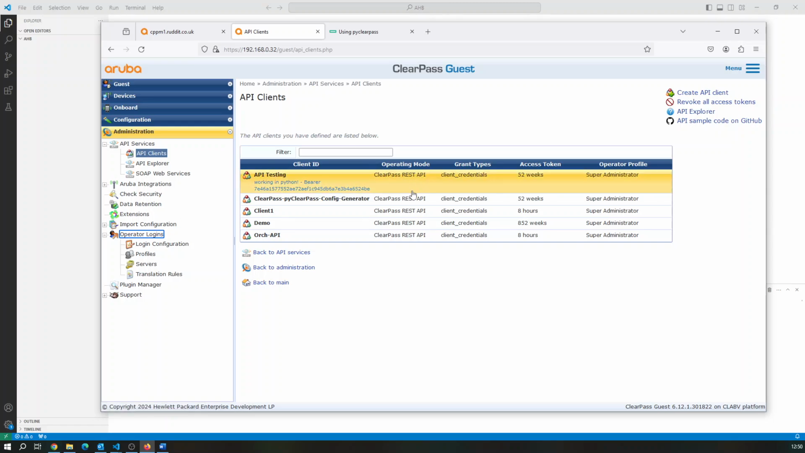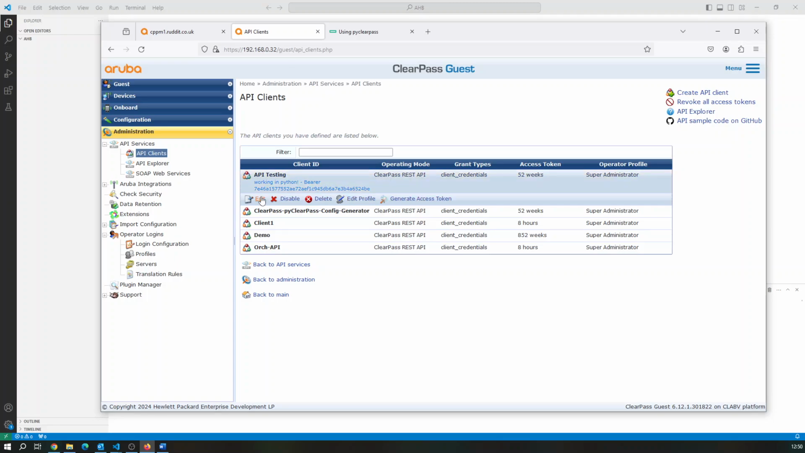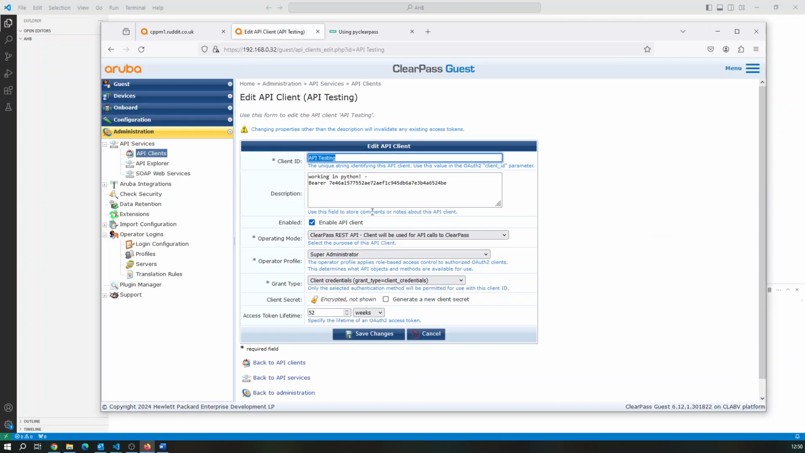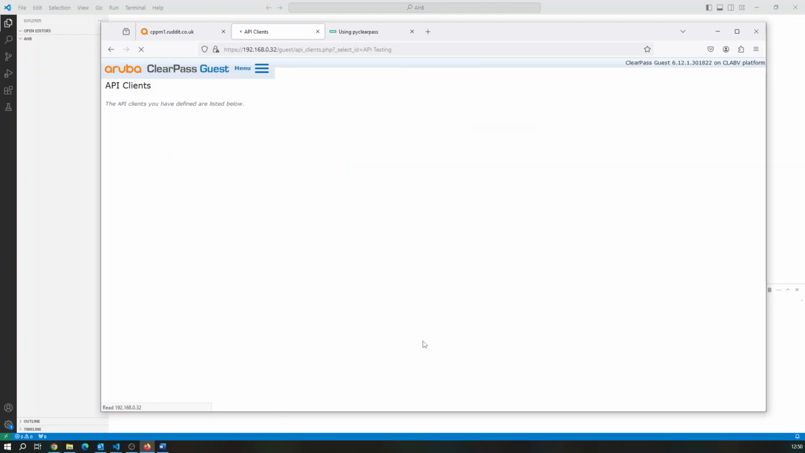Once you've created your client ID, you can just do edit on it, and you can see you've got these client credentials here and the grant type of password. So remember what I mentioned a minute ago, if you use the grant type password, then you need the OAuth2 service. If you just use the client credentials, you don't. Anyway, once you've got the API client,